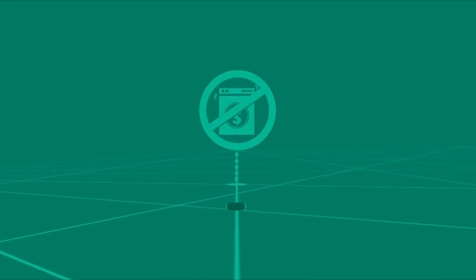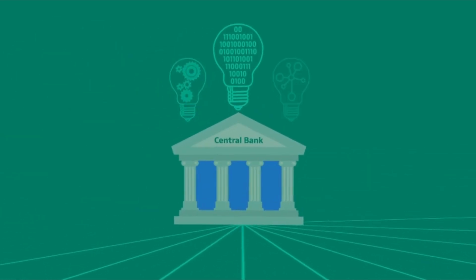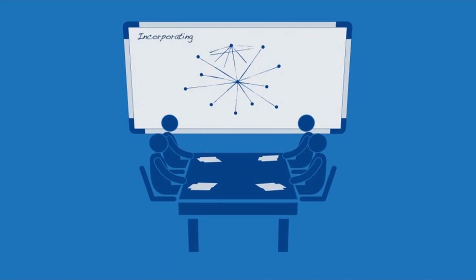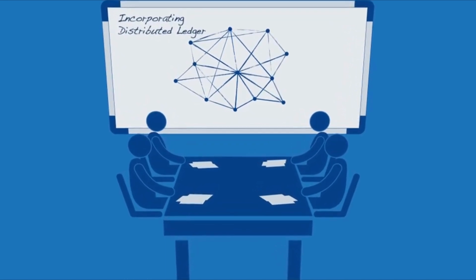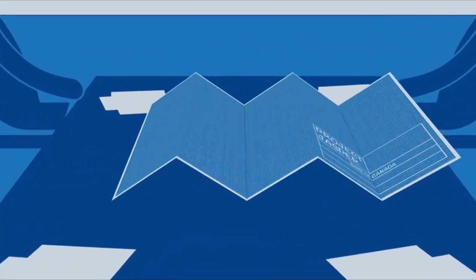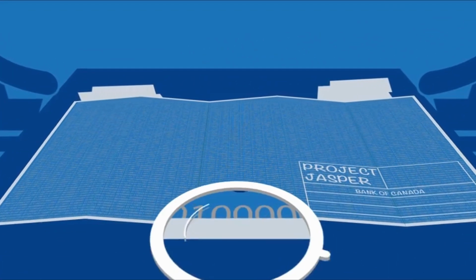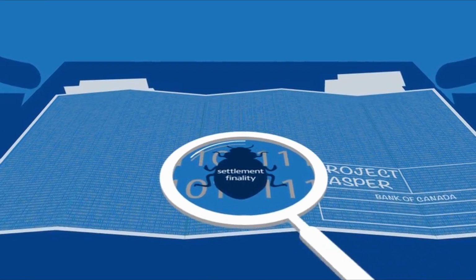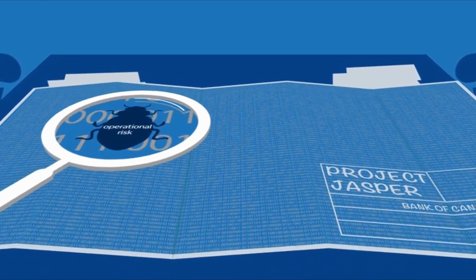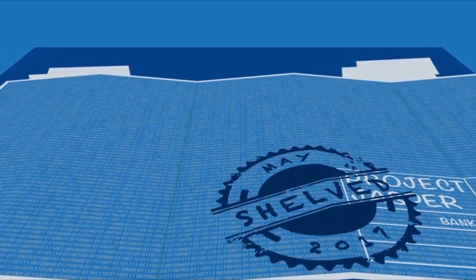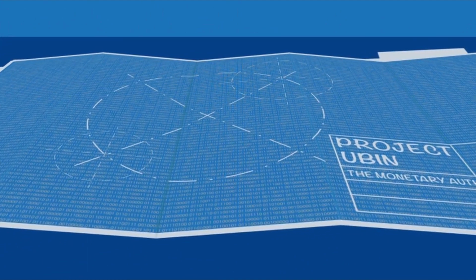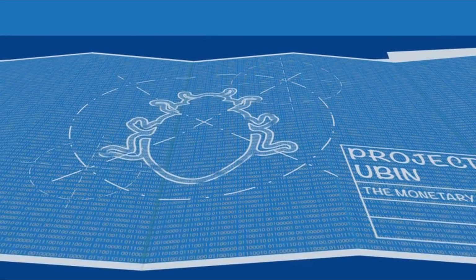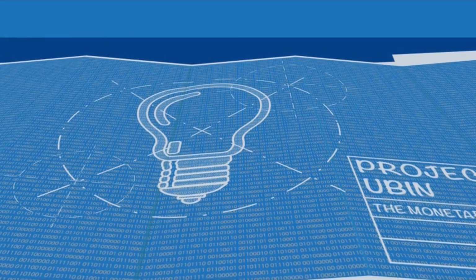money laundering checks. Central banks have started experimenting to assess whether a revamped payments platform could incorporate a distributed ledger. There are hurdles. The Bank of Canada's Project Jasper identified persistent challenges around settlement finality, operational risk, and access. Project Ubin, the Monetary Authority of Singapore's experiment, also identified obstacles, but hopes to resolve them in the project's ongoing